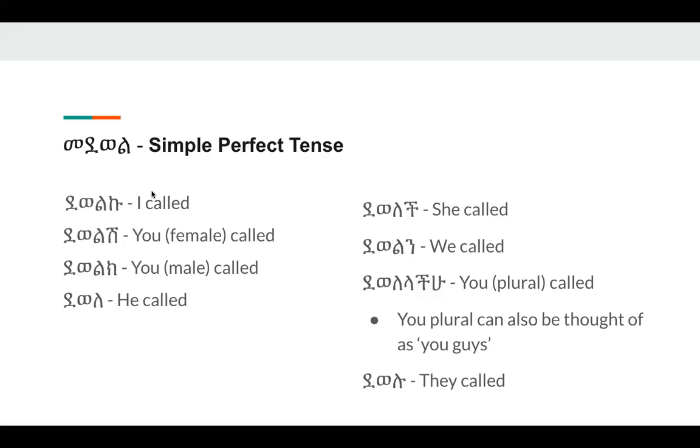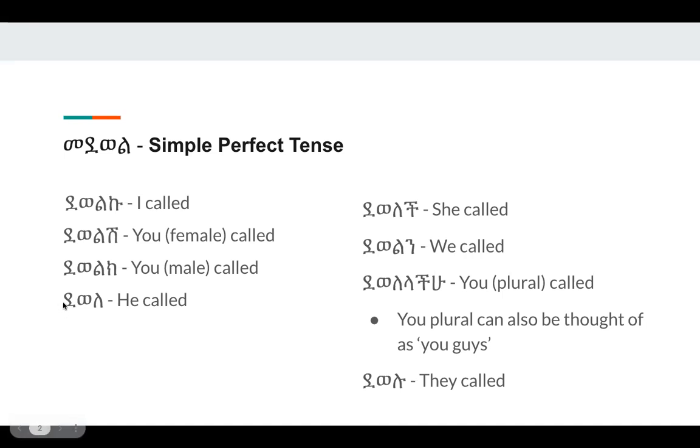So the verb that we're going to be using as an example is madowal, which means to call. This is the infinitive version of that verb. So just in the simple perfect tense, to say I called is dawalku. And to say you called is dawalsh. To say you called again is dawalk. The difference here is, of course, there's two you's, right? One is for a female, one is for a male. In English, of course, there's just one you for both